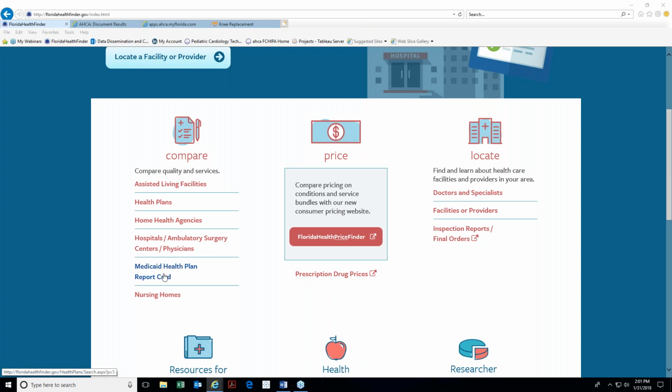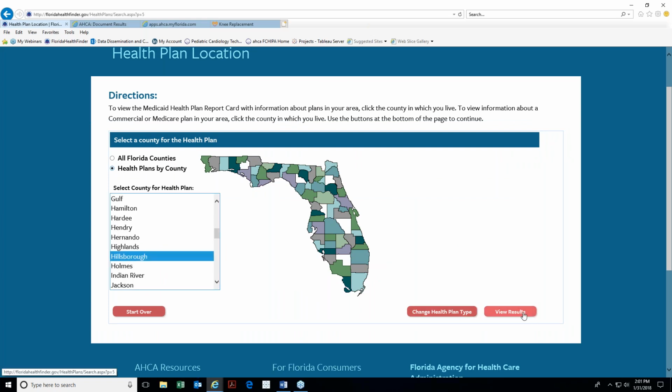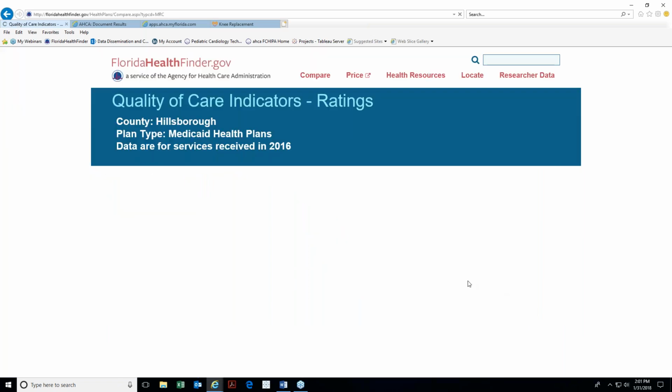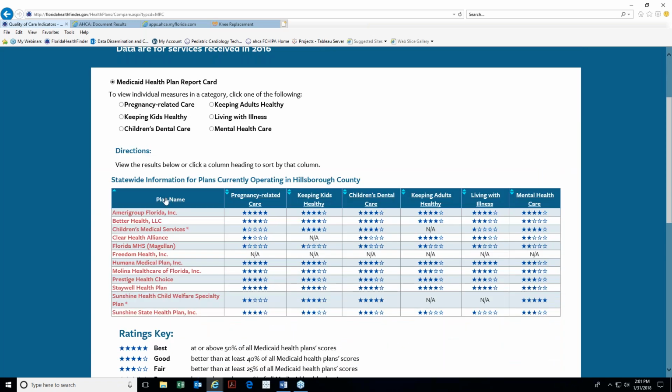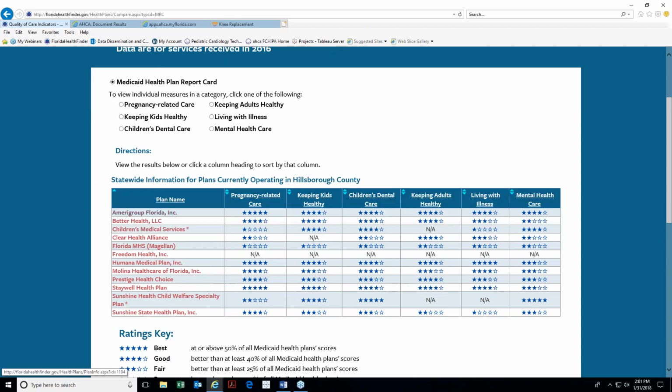I'm going to click this Medicaid health plan report card. This also takes us to a map of Florida, and I'm going to search health plans by county. We can pick a large county like Hillsborough and view our results. And this will show us plans that participate in Medicaid managed care. The data is for 2016 that you're looking at,